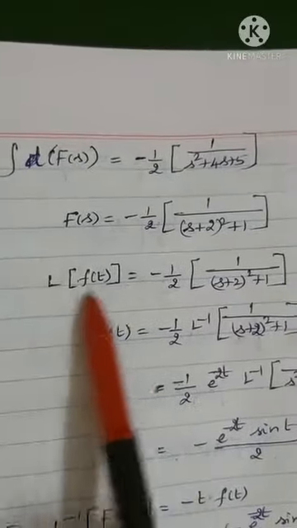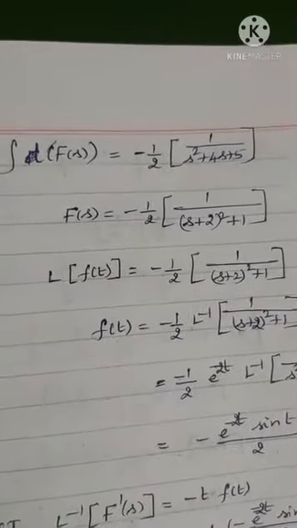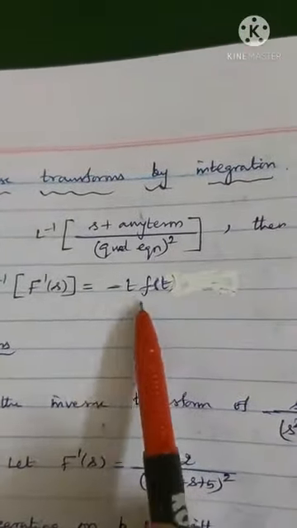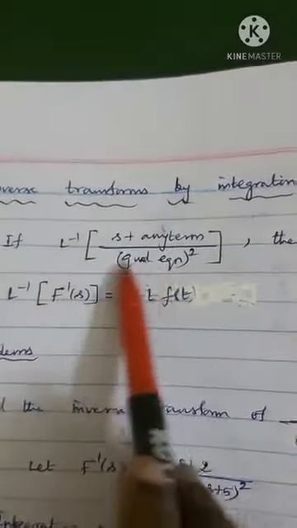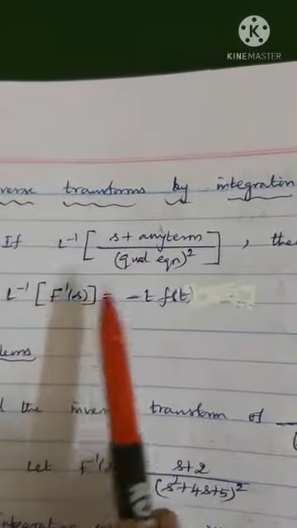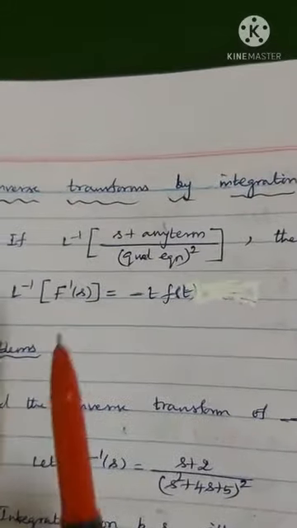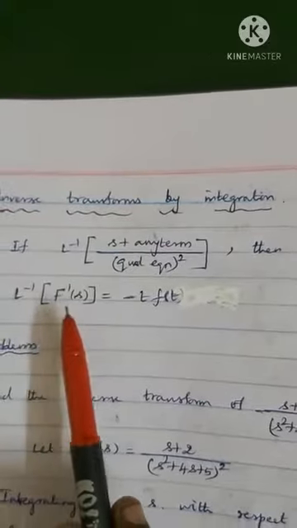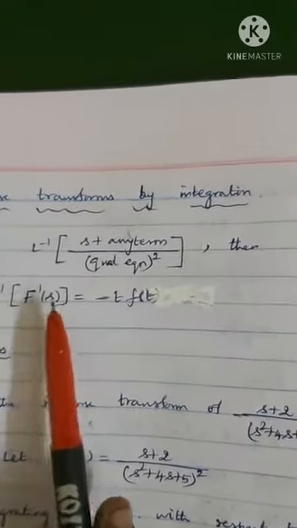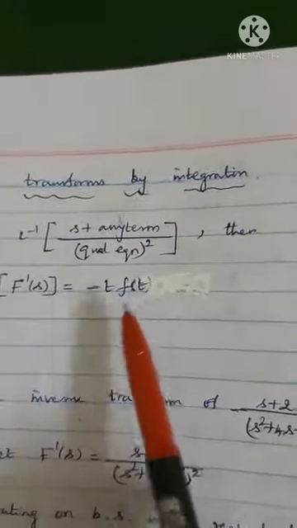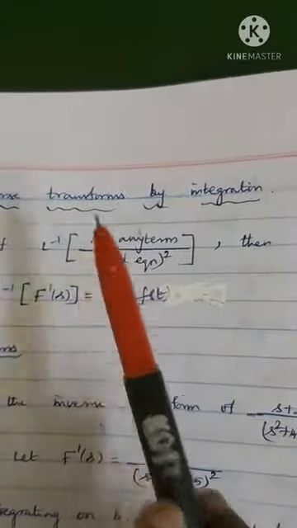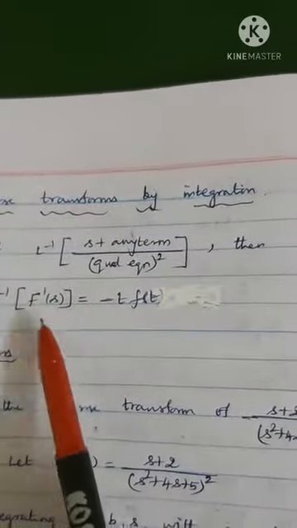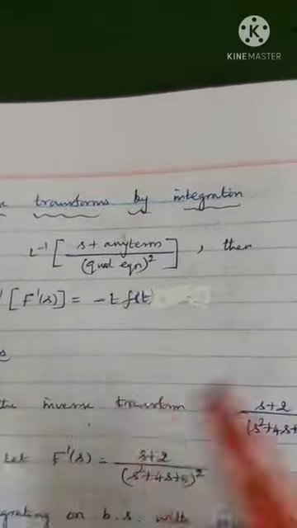We know f of s is L of f of t. What is the formula here? The answer of the given function is minus t into f of t. The given function is going to be considered as f dash of s. But in log function, tan function, cot function, the method of doing it is different, right? So we need to find f of t. That is our aim. Assume this is f dash of s, integrate, get f of s. From f of s, find f of t, because f of s is L of f of t. Find f of t, substitute it here.